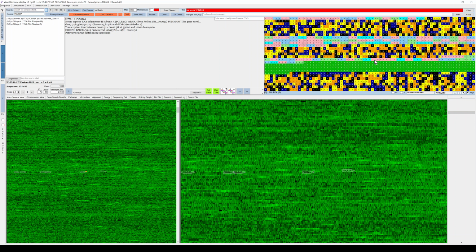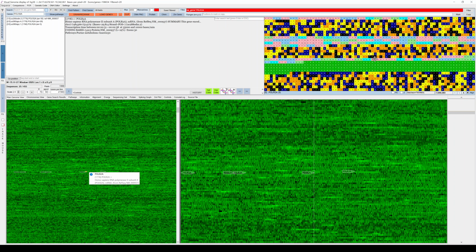So what you see here is a color-coded view of the DNA. If you right-click on this panel here, you can see a color legend. It shows you that adenine is blue, thymine is black. Those two bases are the ones that are bound to each other with two hydrogen bonds.